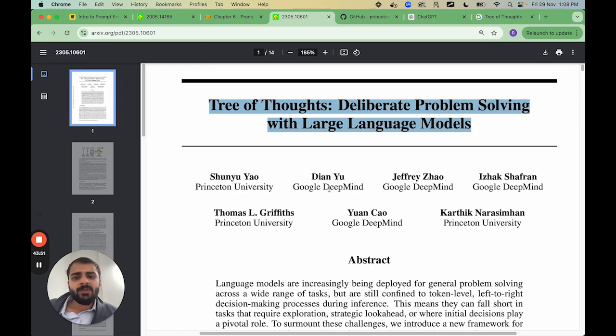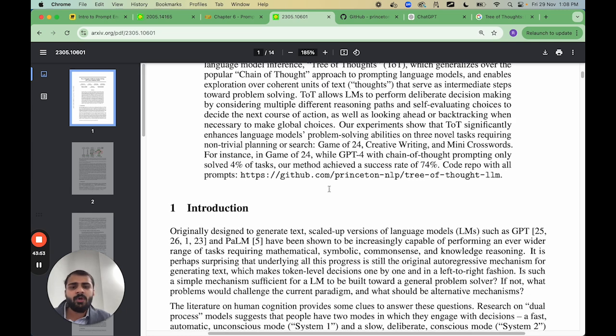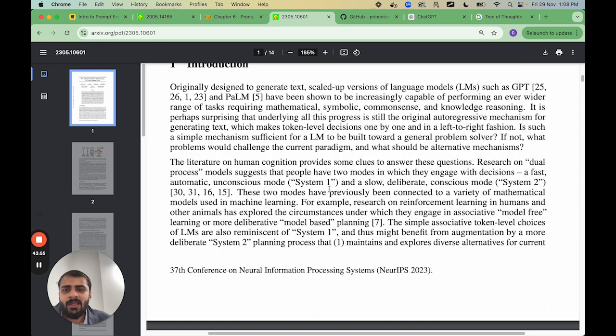If you explore this paper further, you will see that the authors have written that even chain of thought prompting is not really a good representation of system 2, which is the slow, deliberate, and conscious mode of thinking. Because in chain of thought prompting, there is no planning really, right? What we do is we first plan various things. But in chain of thought, if you see,